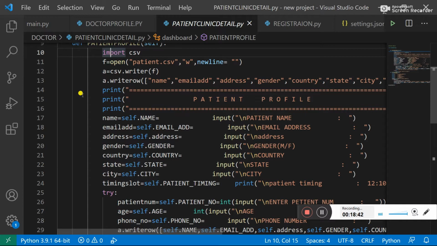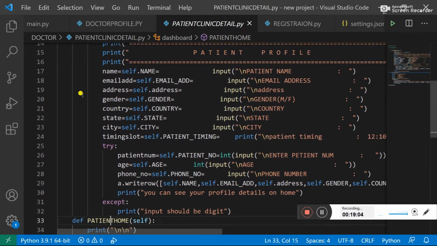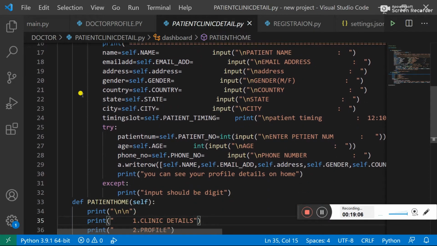Basically, the CSV file helps us write and read the data. In one place we are writing the data, and in another place we are reading that data. Here in the patient profile, I am taking input from the user like name, email address, gender, country, city, and after that I am reading that data.